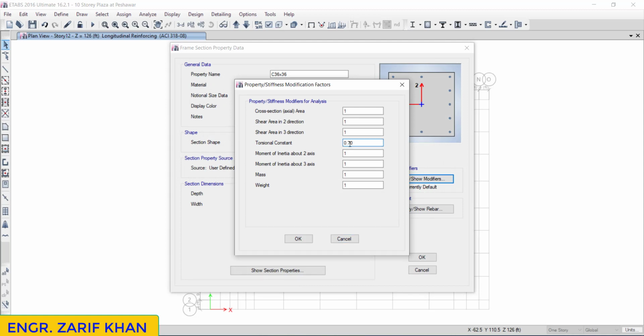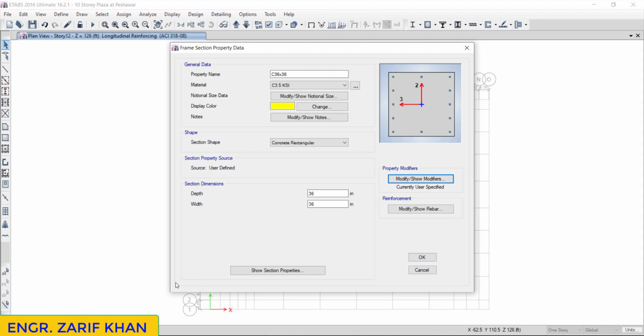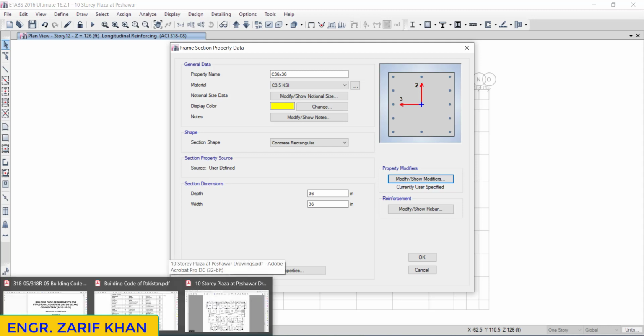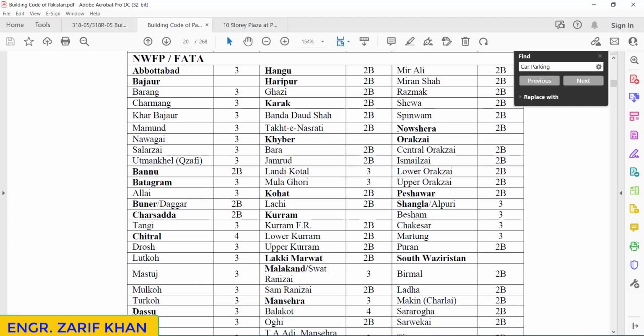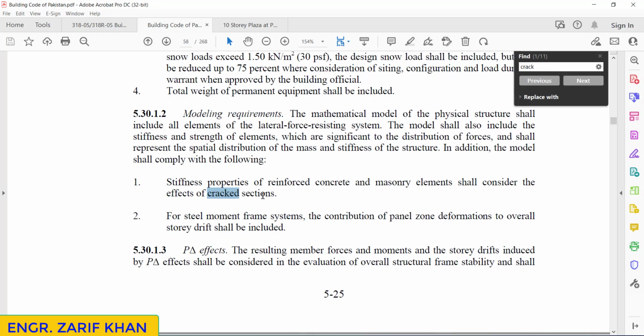This is actually the cracked section. We have to take the sections from the code, 0.70. Okay, if we go here, the Building Code of Pakistan, cracked section. Stiffness properties of reinforced concrete and masonry shall consider the effects of cracked section. Okay, so we have to consider